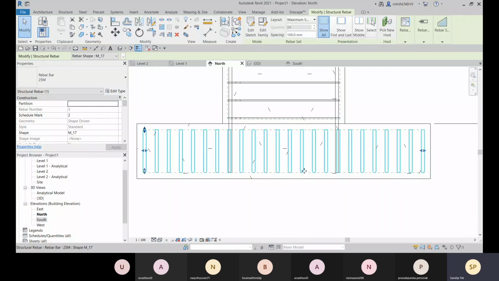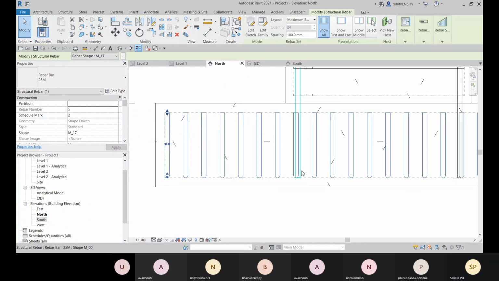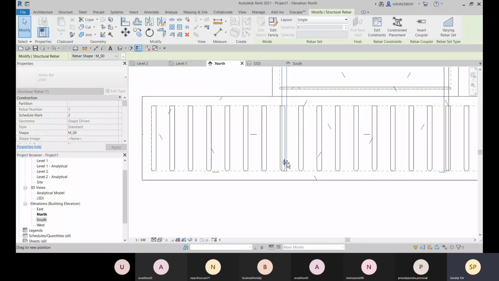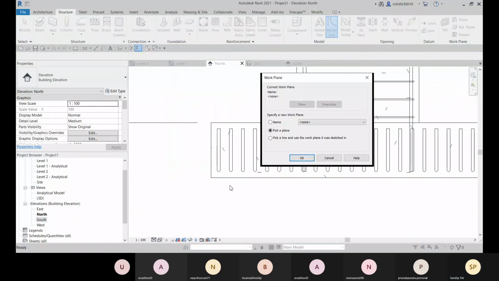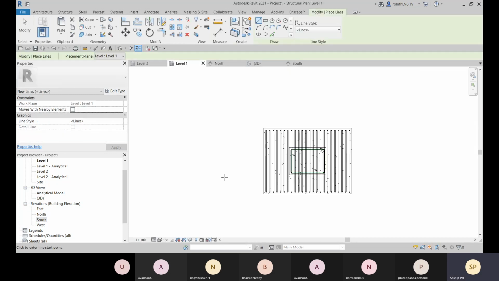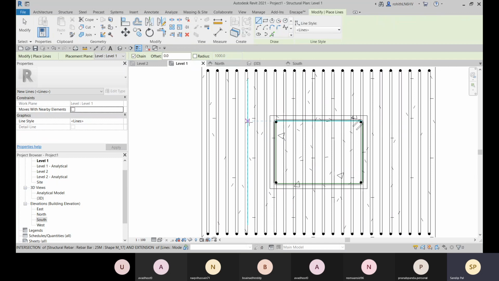So what will be the spacing? You can just specify. All right, and how much it will be uplifted, it will be 25. So you can specify and go to this pick line option, or else I can place it at level 1. You can go to this level 1 and I can place it there.